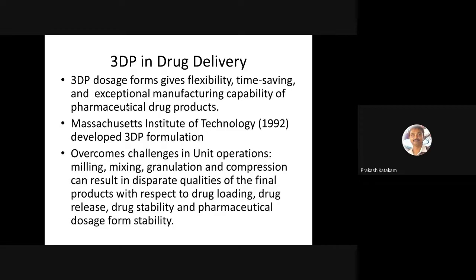Moreover, if a drug is granulated or compressed, it will change its physicochemical properties. That will affect the activity and the stability of the drug. So these can be minimized. That means stability can be improved, and pharmacological activity can be maintained properly using these 3D printing technologies.